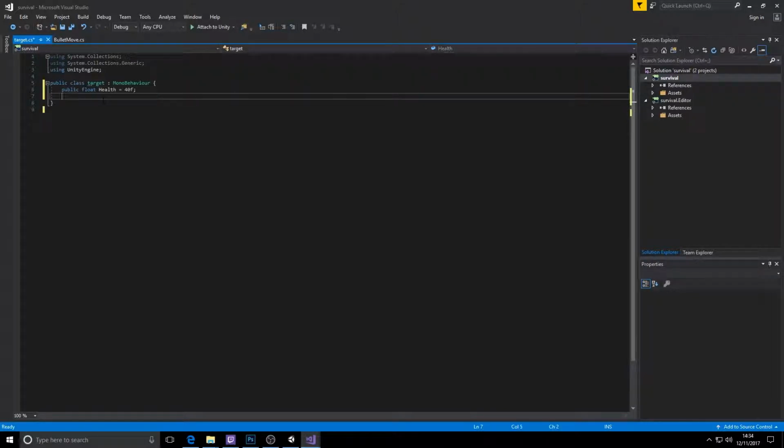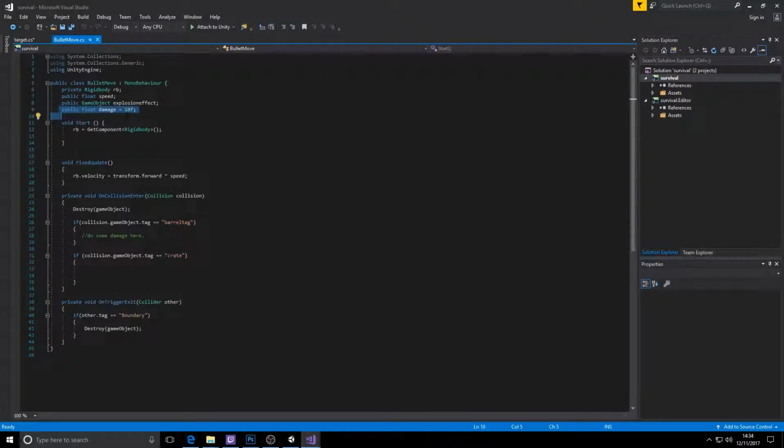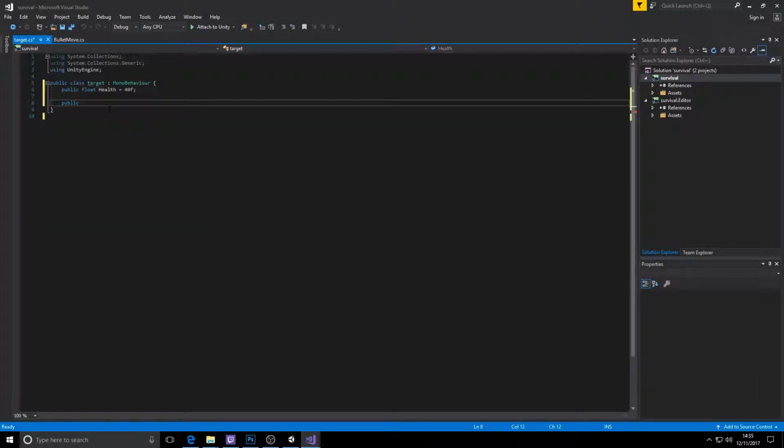Now the next thing to do would be to create a new method which is publicly available, i.e. one that's going to allow us to pass in the damage value from the other script. And this is going to be called take damage. So we want take damage to control the amount of health it currently has and how much damage the target is going to take. So we open up our brackets and open up and close our curly brackets, and instead